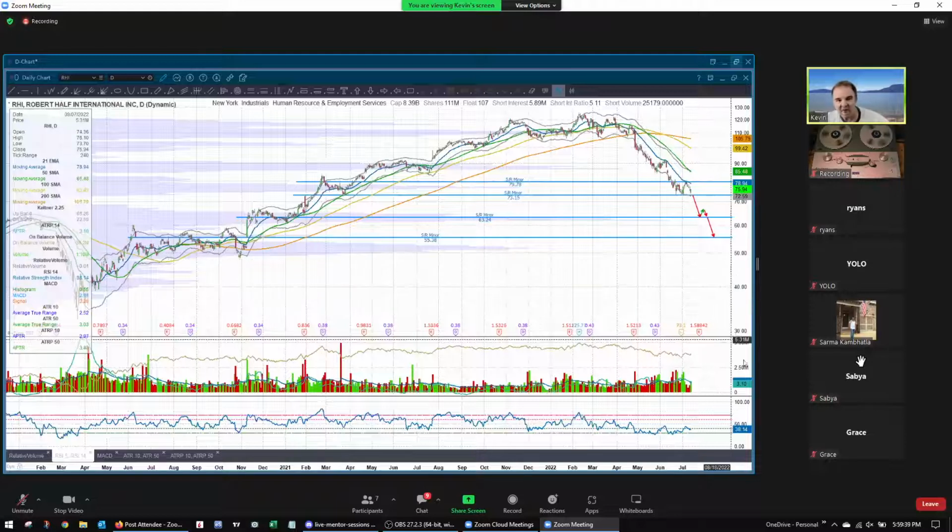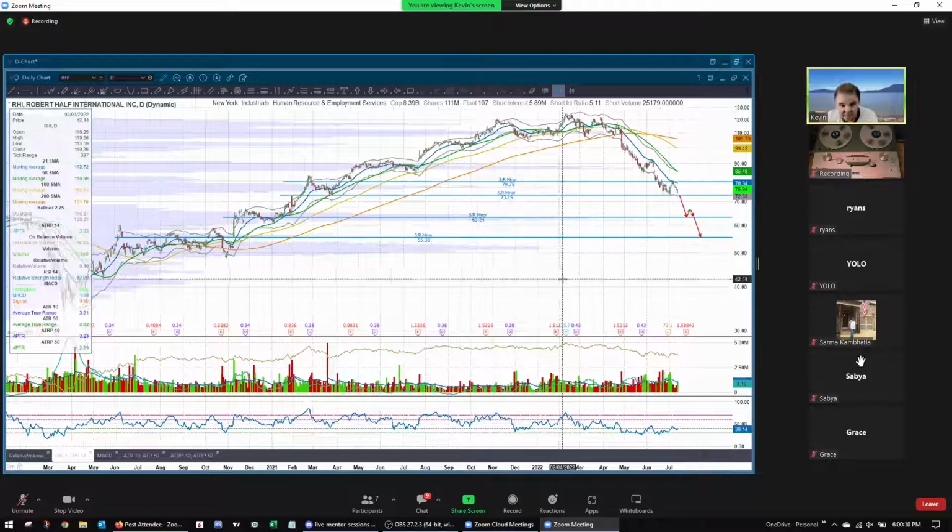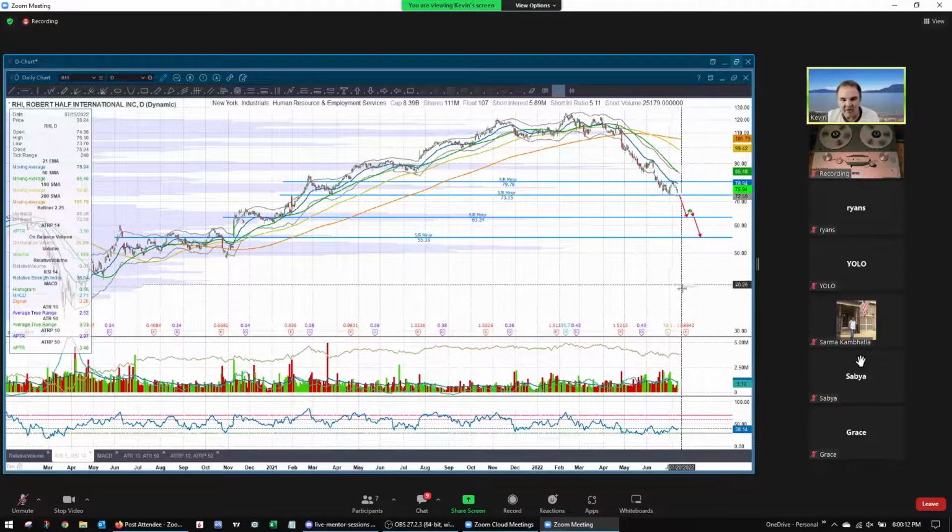Now they have earnings coming up shortly. Their earnings are on July 26th. Their short interest isn't high though. This is the only problem, right? We've got short interest of 5.9 million on a float of 107 million. Well, this isn't that kind of play anyway. We're actually not concerned with their short interest because we're going to do a put play on this. We want it to go down. We don't want high short interest here. So this is good. This is coming up soon.